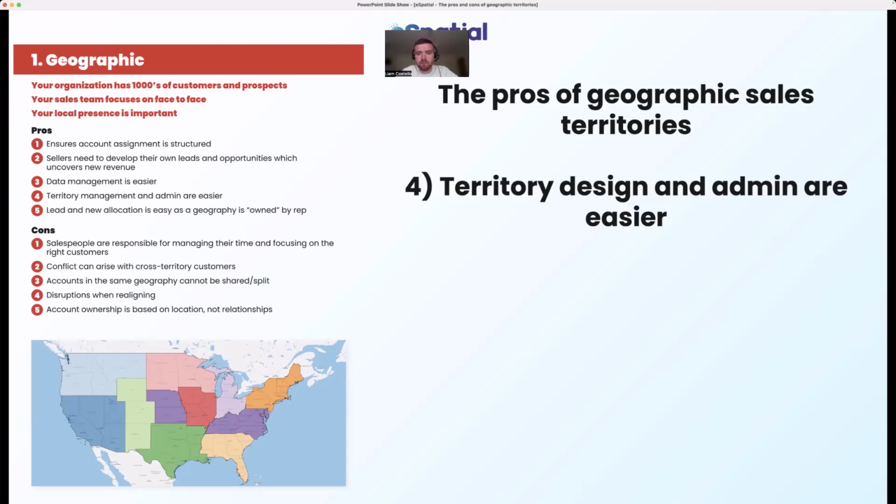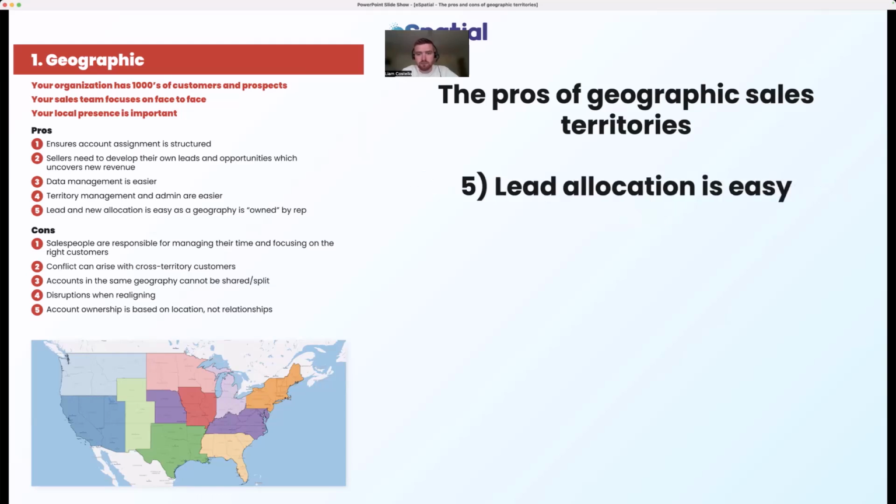Okay. And I guess this next one is aligned to that. Yeah, it's similar, but we're not really looking at the underlying data. It's more that if you wanted to move or realign a territory, the administration of that is easier. You can physically click on a geographic zip code and move it or reassign it to a neighboring rep. So it's a lot easier to manually adjust it, or use some internal optimization algorithms that we have to design and manage territories. Okay, and so you came up with five.